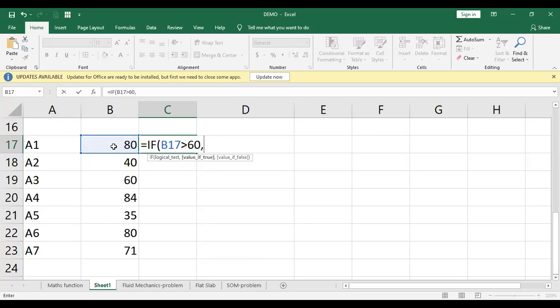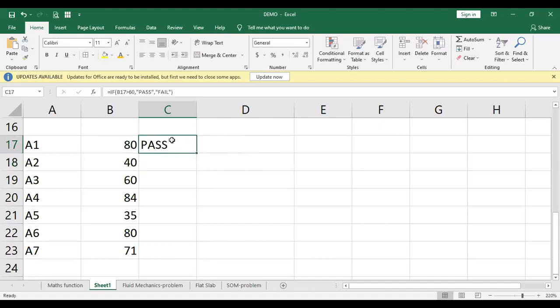Suppose this is more than 60, so you want it to be pass, otherwise fail. So what I have done, I have just simply given the condition, this, then greater than sign, 60, comma, and in double quotes write down your pass if the value is true and fail if the value is false.